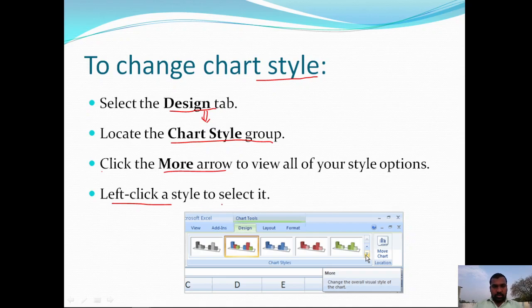To change the chart style, the chart layout, and the chart type, all these three commands are available under the design tab only.